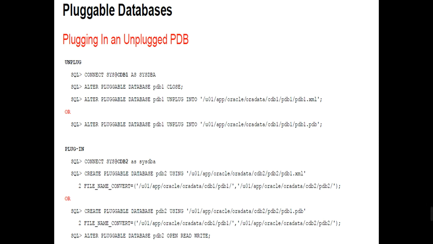With file name convert, we need to verify where the data files reside on the source side, and create that directory on the target side. We can create a pluggable database using this method with file name convert. More or less both are the same, the only difference is the file name. After that the pluggable database has been created, open the pluggable database read-write. Then check the PDB plugin violations, and if required, run datapatch.